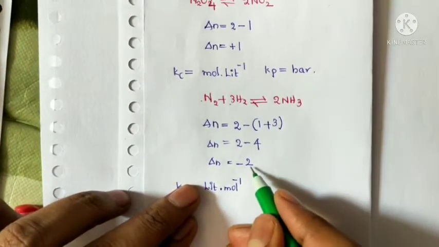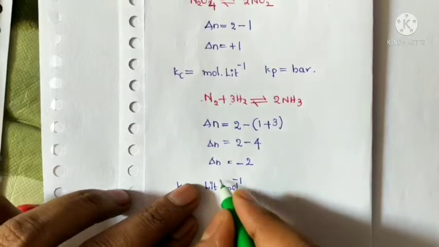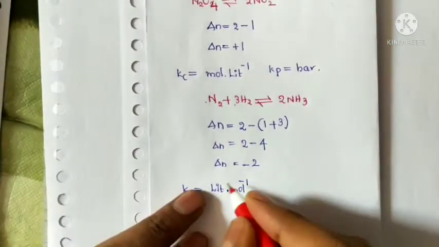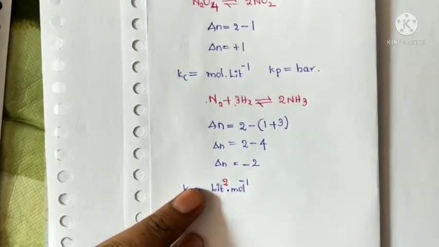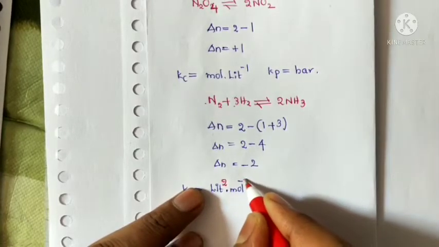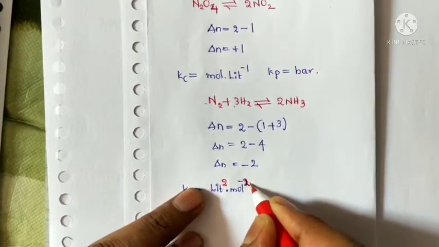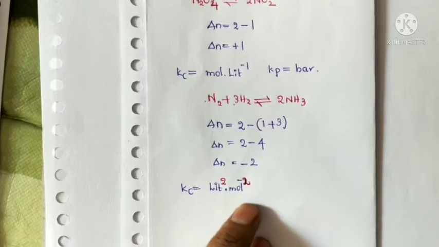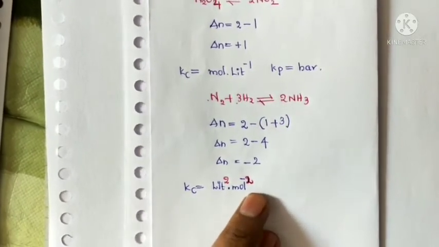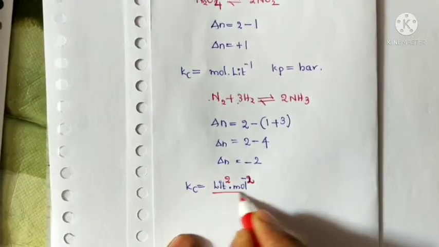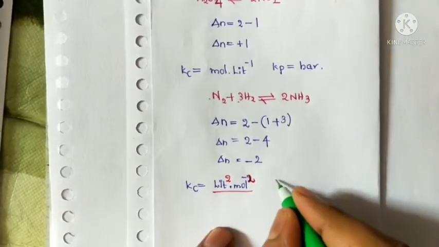Okay, but here how much is the value? 2. That's why we indicate liter squared and mole per mole squared. Okay, this is the Kc units, and the Kp units